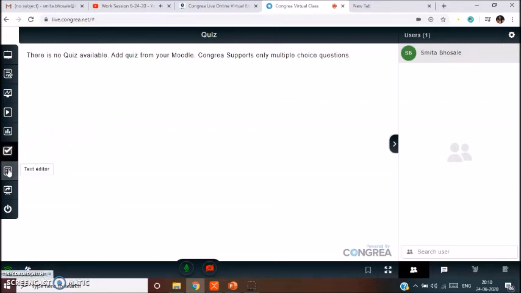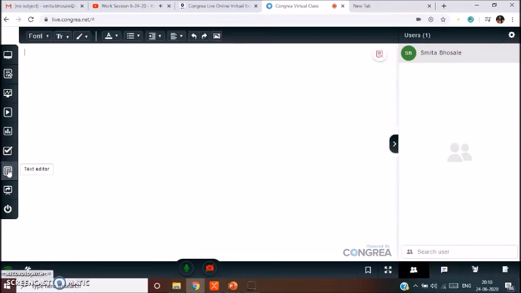Moving to the next is text editor. Click on text editor and you will get the different options, which include different fonts, the text size, colors. There is the option of bold, italic, underline, etc. They provide the bullets or sorted or unsorted list.